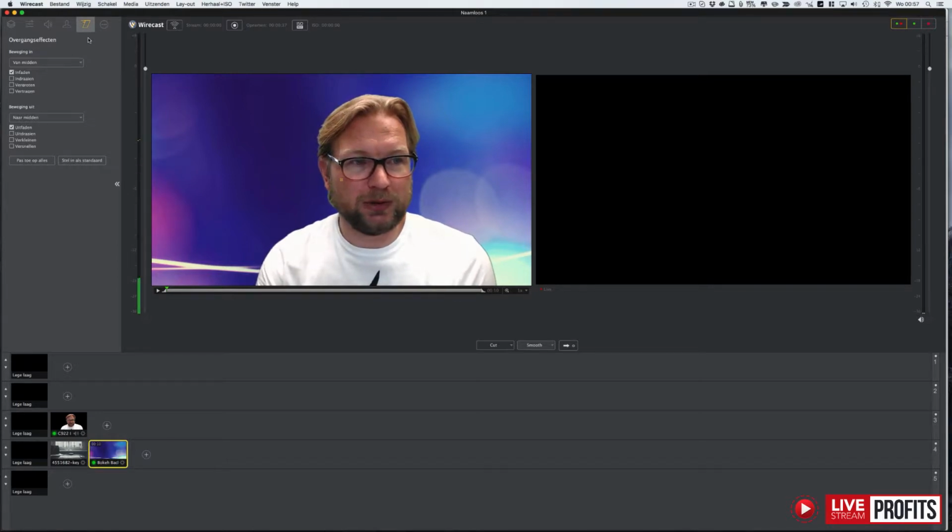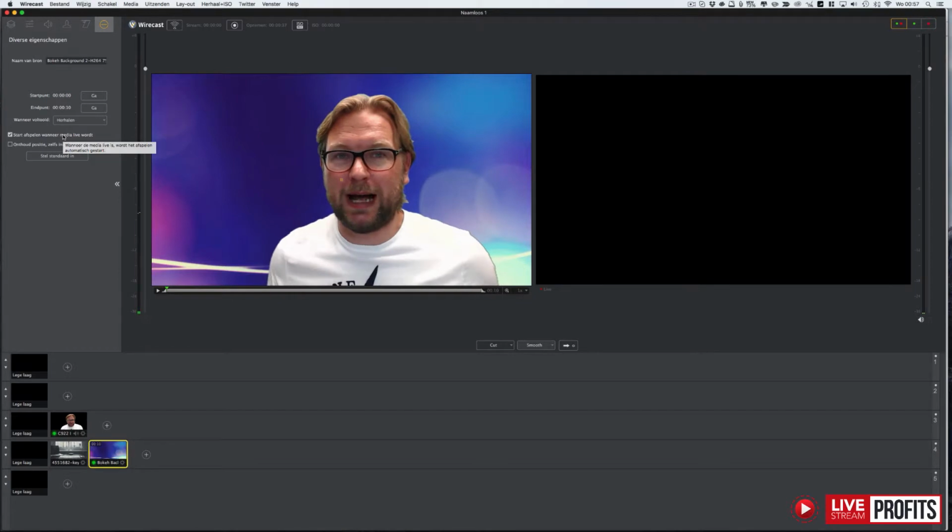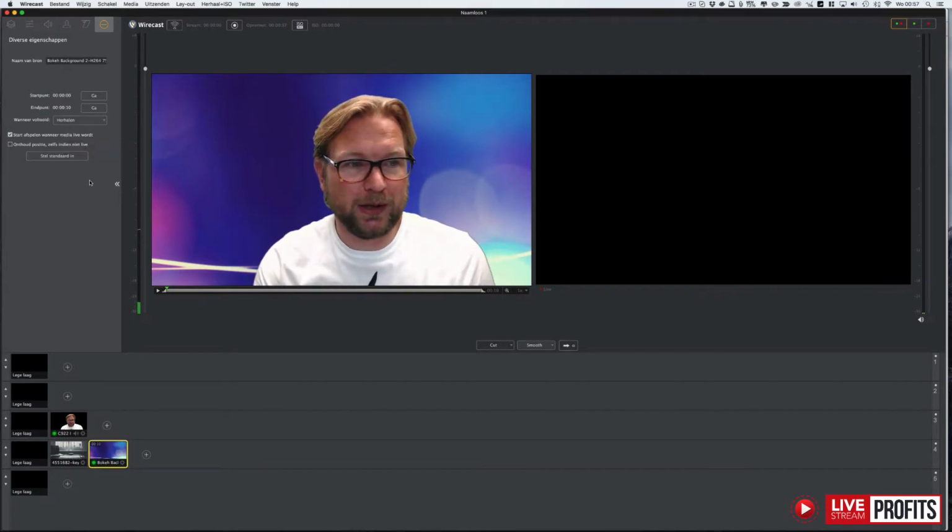Now, what you want to do is, when a video starts, go to this right menu, the three dots again, where you can have some different settings. So start playing when media becomes live, and when the video is finished, you don't want to hold it, you want to replay it again. So you can change it so it will replay automatically when the video ends. Here you see the video stopped, it didn't work right now,